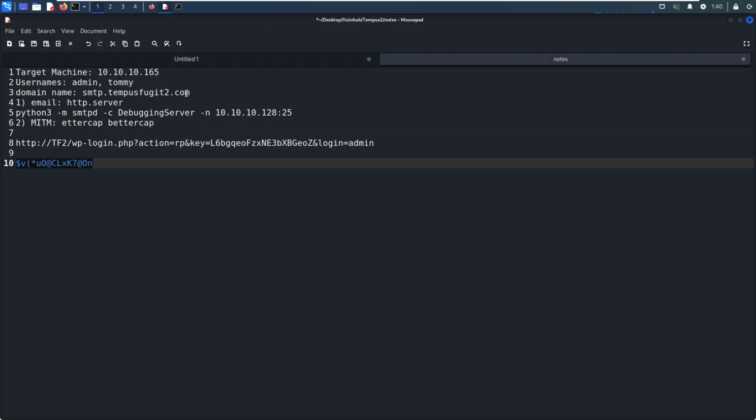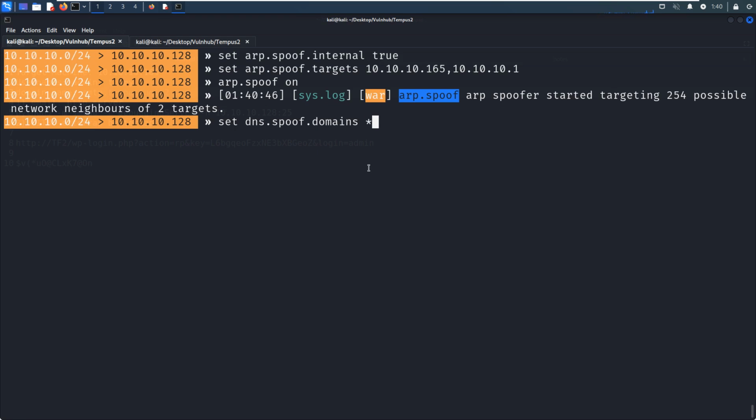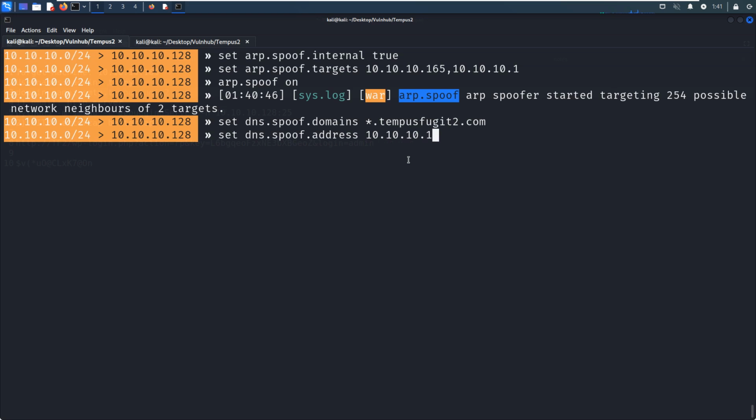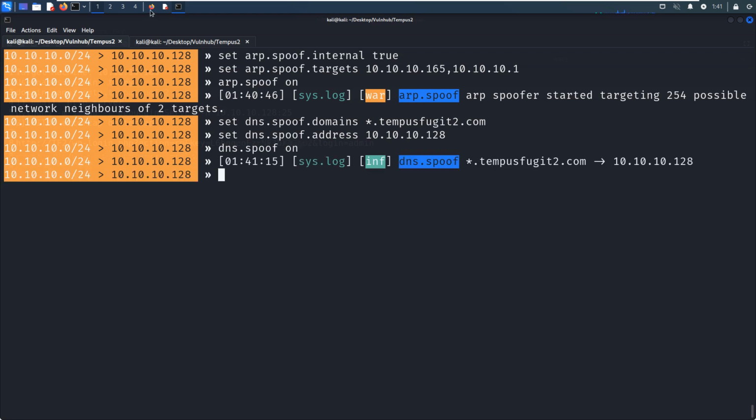A bit weird. I think this should be working, but I don't know why. Set DNS spoof address, oh, sorry. The address should be our Kali Linux. Okay, and then we can enable the DNS spoofing, and now we can